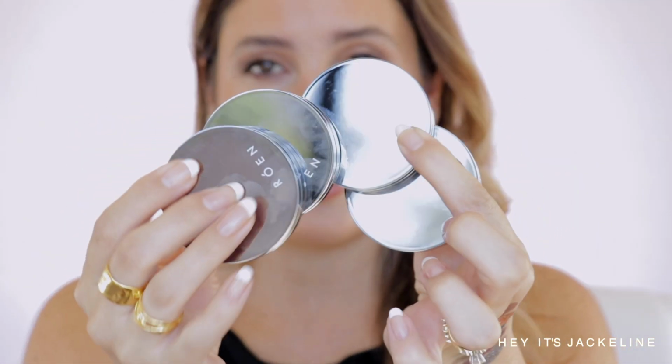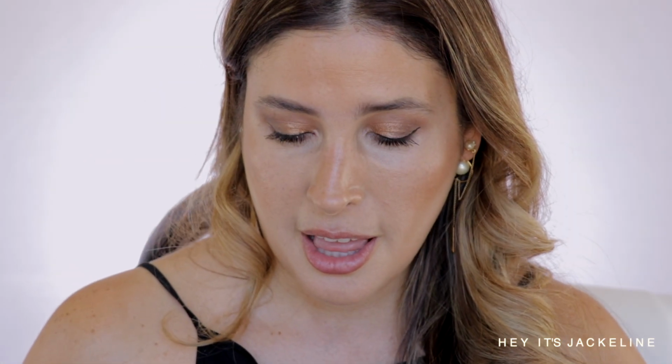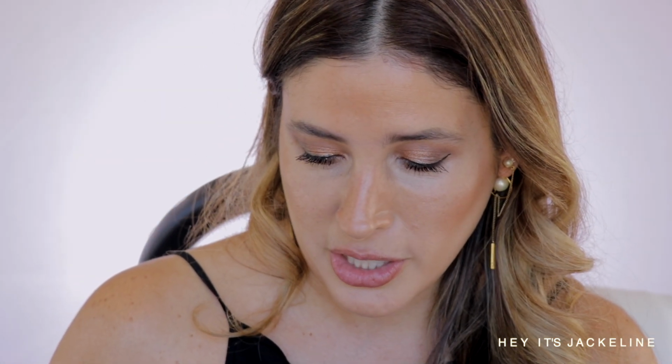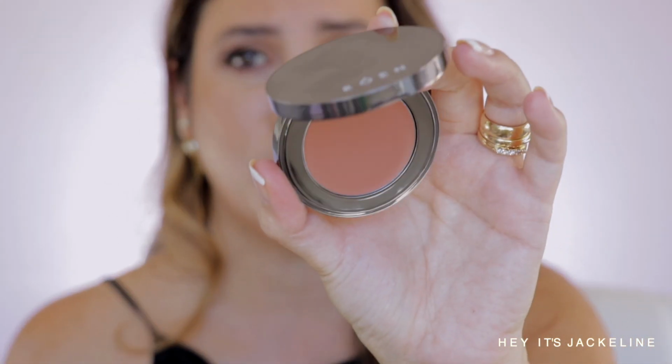Next, going with the new ROEN Cheeky Cream Blushes. They come in 4 different shades and they were very kind to send all 4 to me. Let me show you these shades. We have here Natural Rose. Oh, this is so pretty. That's so beautiful. Oh, this is nice. It's not too creamy. It does have a little tack. So Natural Rose. Let's see, next one is,